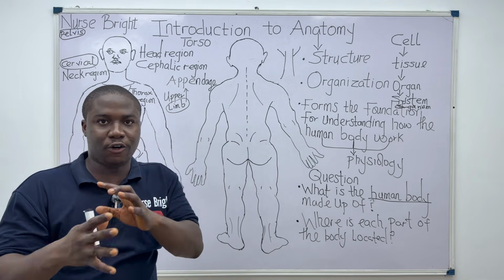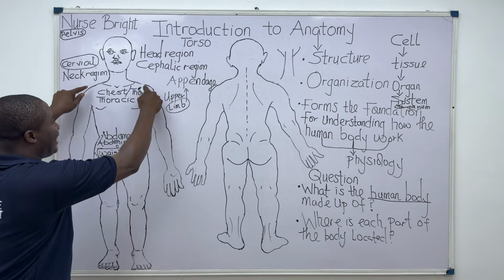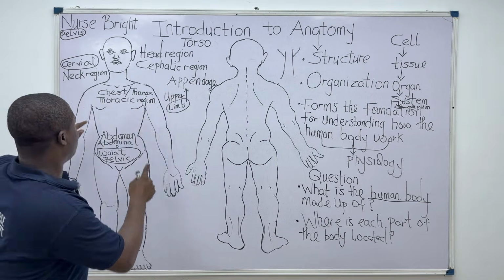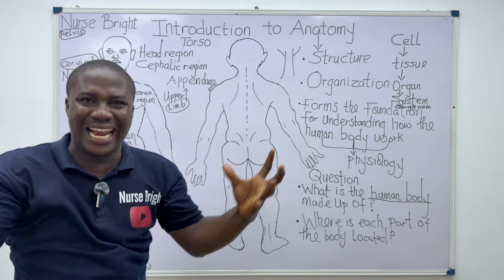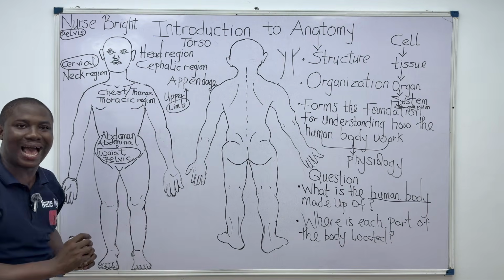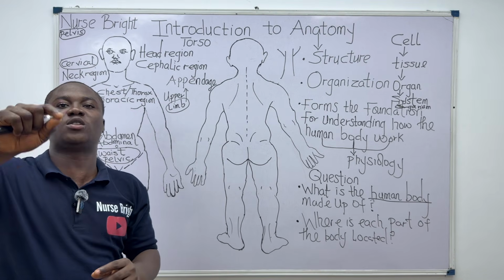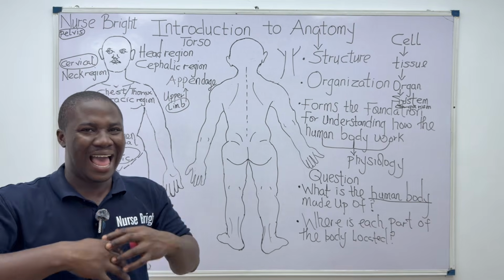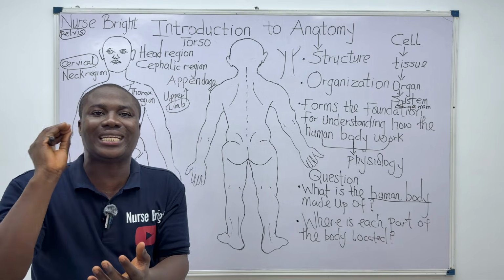Now, moving further, other regions of the body include the upper limb. This is the upper limb. We have two of them, so we call them upper limbs. Same applies, this is the lower limbs as well. Are you there? Now, this is another region of the body that must be noted, and it is essential we study them. In the course of our classes, we are going to study them one after the other.